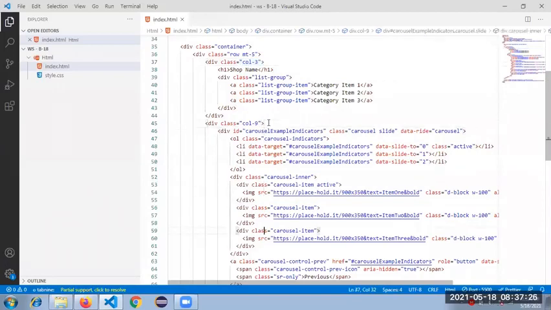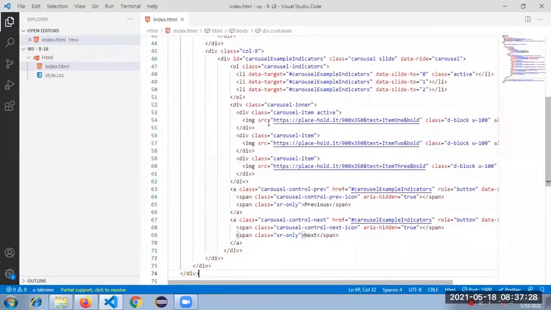Even if I put some LG, XLG, you cannot see the differences because I'm going to use it on my laptop only. Once a real-time WebSphere or JBoss server is there and you host this web page there, if you open it on each and every device, then you can realize how it works. Okay, guys, can I move to the next?